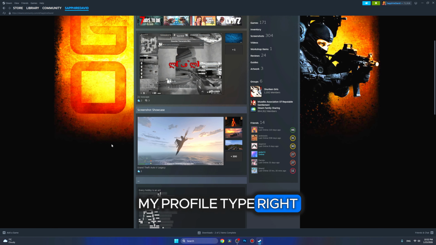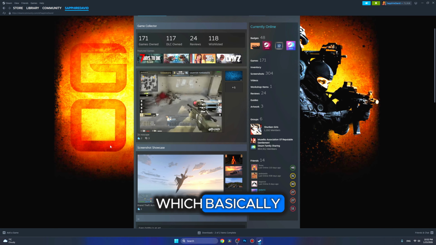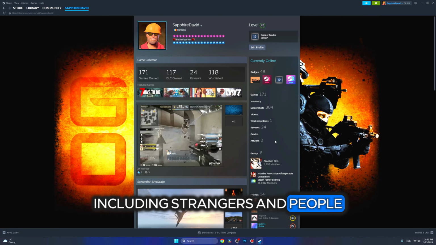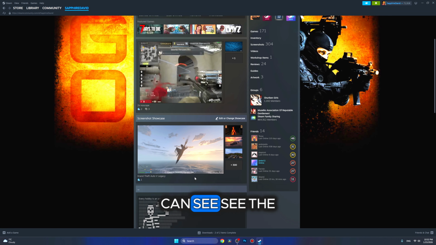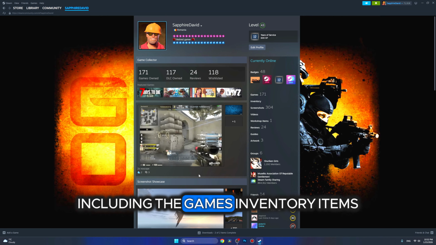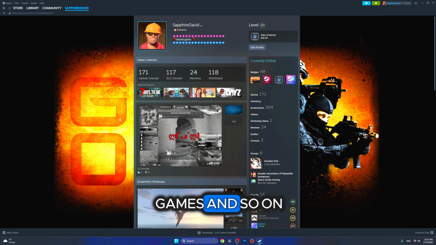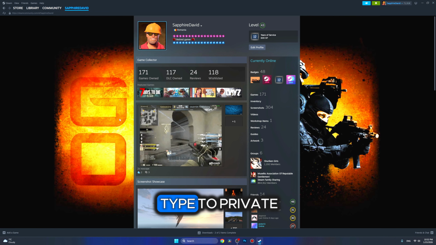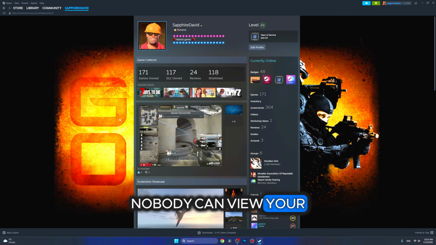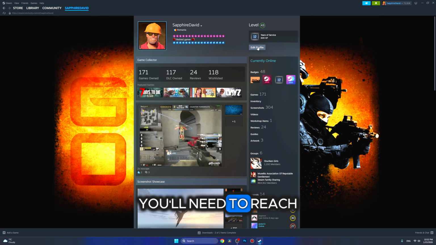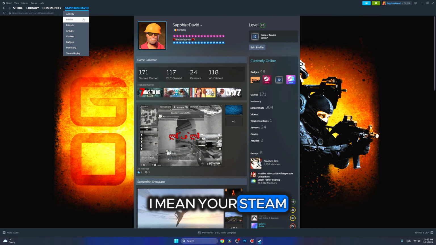My profile type right now is set on public, which basically means everyone who visits my profile page, including strangers and people from my friend list, can see the stuff I own, including the games, inventory items, achievements, hours spent in games, and so on. And if you want to set your profile type to private, nobody can view your stuff anymore, not even your friends. And to set your profile to private, you'll need to reach your Steam profile page,